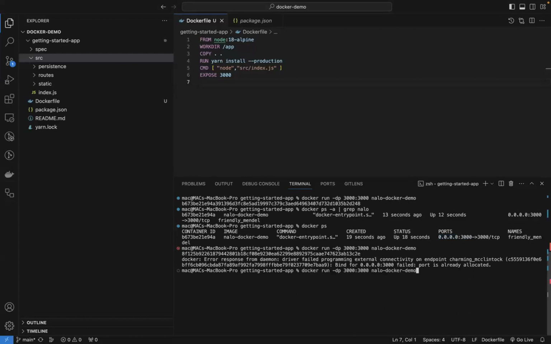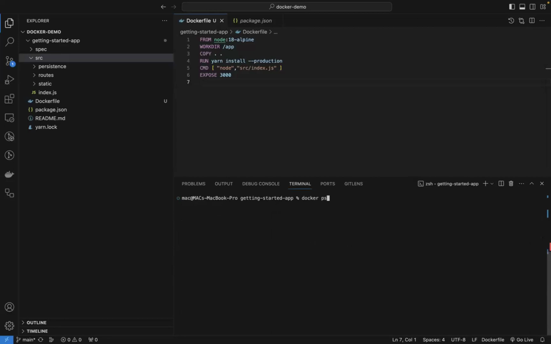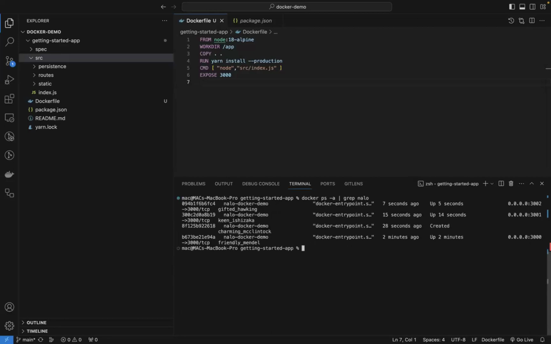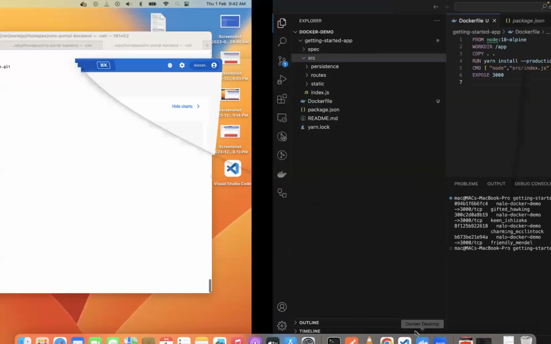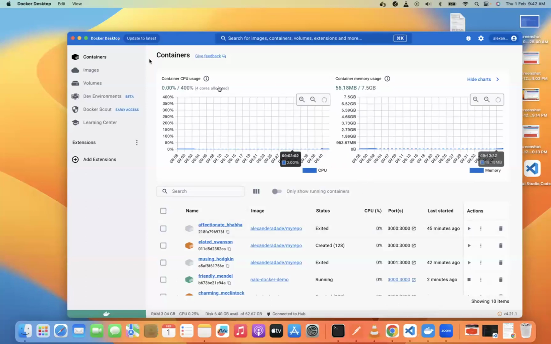What if you change the port to 3001? We have it running. This is the hash. You change the port to 3002. You get the idea, right? So right now, we have 3 instances running, right? So if I go to the browser,